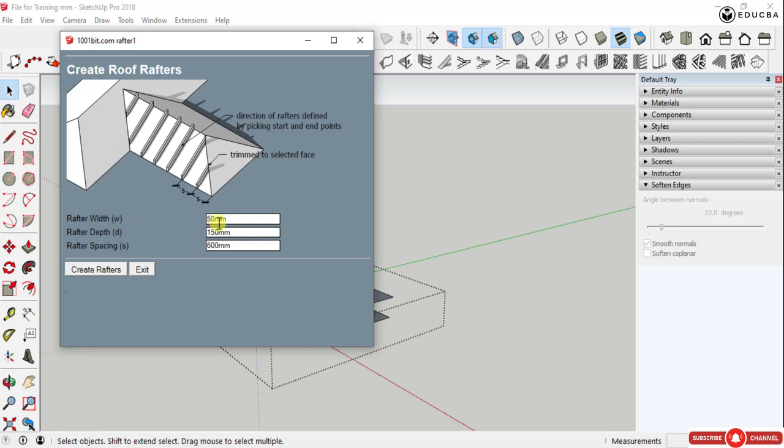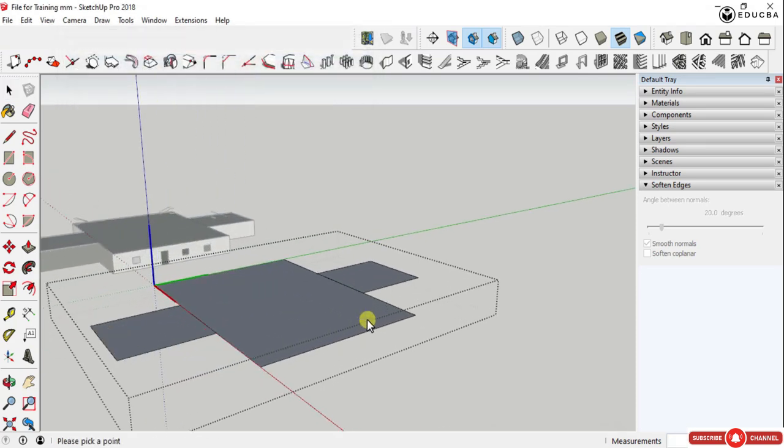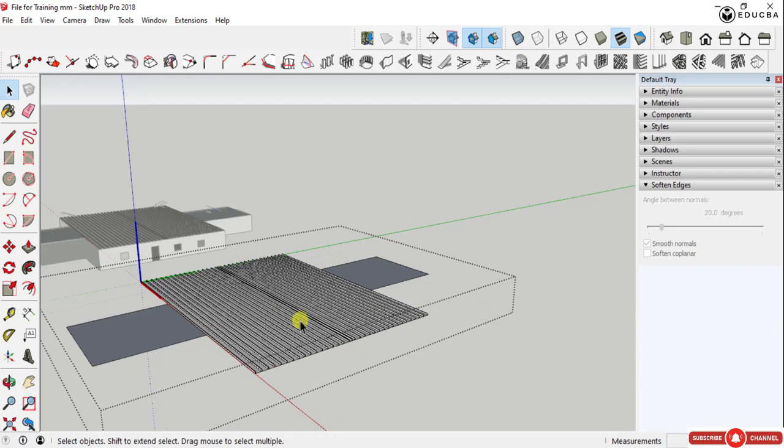So rafter width is 50 mm, which is given here as a default. The rafter depth is given as 150. We are not going to touch it for now, and these rafters can be created on a particular surface. After clicking, I'm going to click one of the surfaces and click from one point to the other, and you can see